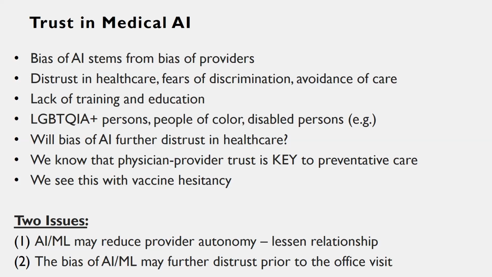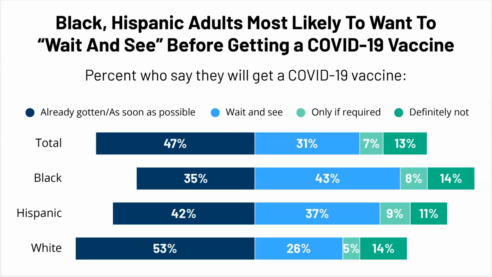And so what I want to just say is that this has real ramifications for actual patients who are using this. And yet rarely do I see patients at the tables of AI developers, right? They're seen as an aftermath of, oh, my assumption, my bias is that this is going to really help populations. So this, again, is COVID data, but I just wanted to give you a sense of what's going on.